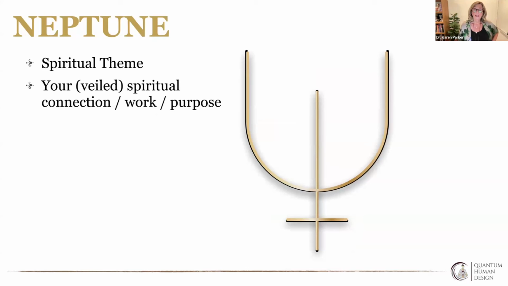Neptune represents a planet that highlights our spiritual theme. It's oftentimes veiled or kind of mysterious to us. So sometimes whatever Neptune is highlighting in your personal chart can feel kind of murky, and something that you maybe sometimes struggle to connect with, because that's part of your lesson: to learn how to pierce that veil and connect. And usually the path to connecting to whatever Neptune is lighting up in your chart is getting connected spiritually. And oftentimes your Uranus is going to tell you about your spiritual connection, your work, and your purpose.